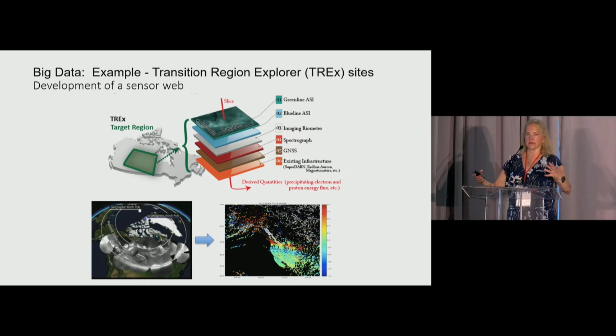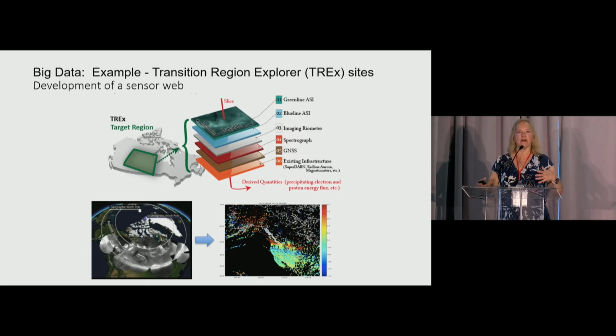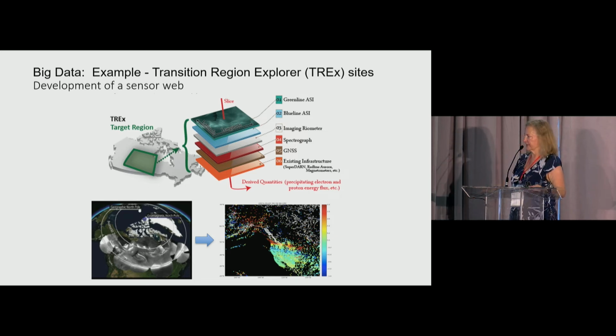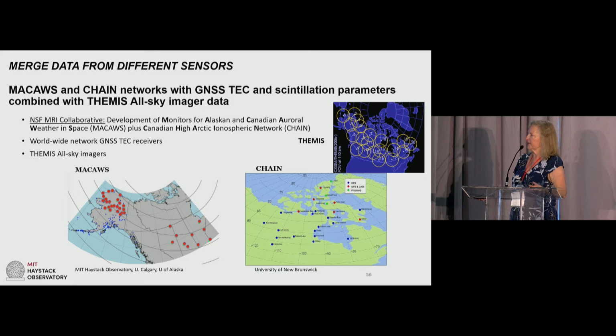They want to actually do the physics in the cloud so that we can have better real-time understanding of what's happening in these regions. Just to give you an example, but I'll show you more in a minute, here's the aurora. Basically, you see a lot of changes in TIDs here at the same time.